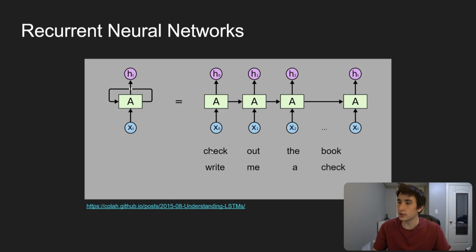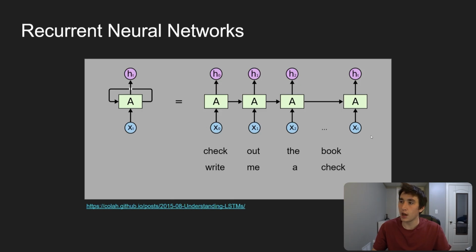Well, the way that check was used here is at the start of the sentence. There's no other words around it. And you're going to get a different kind of embedding for this check than you will when it says "write me a check." Based on the context of "write me a," the final hidden state might be more related to banking, versus "check out the book," which would be more related to a hidden state that represents check as in check it out. So that's a little toy example, but that's ultimately one of our goals with something like a recurrent